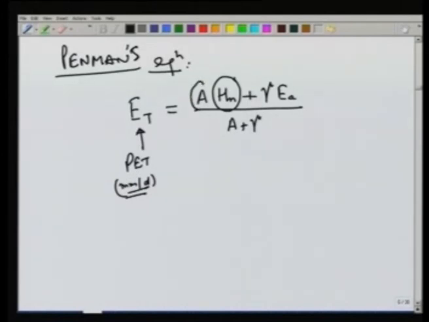A is the slope of the saturation vapor pressure curve. As we have already seen, the saturation vapor pressure, which is denoted by E W, is a function of temperature and typically follows a curve like this. The slope of this curve at any point is